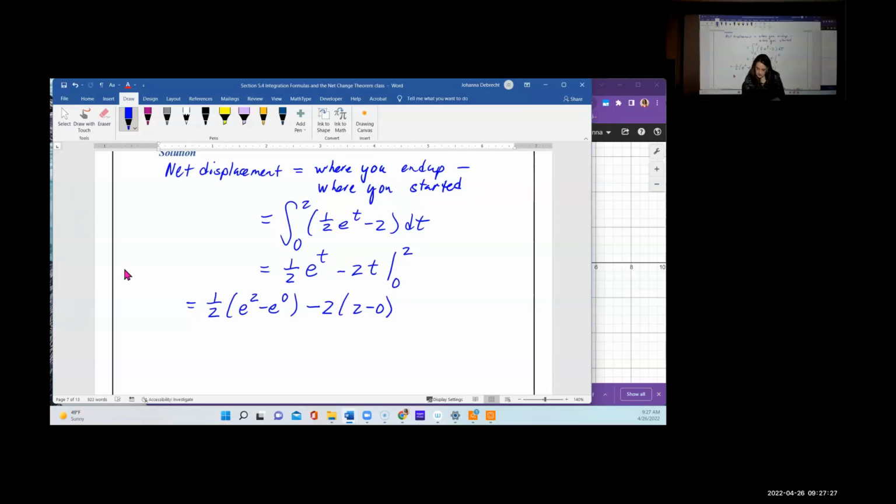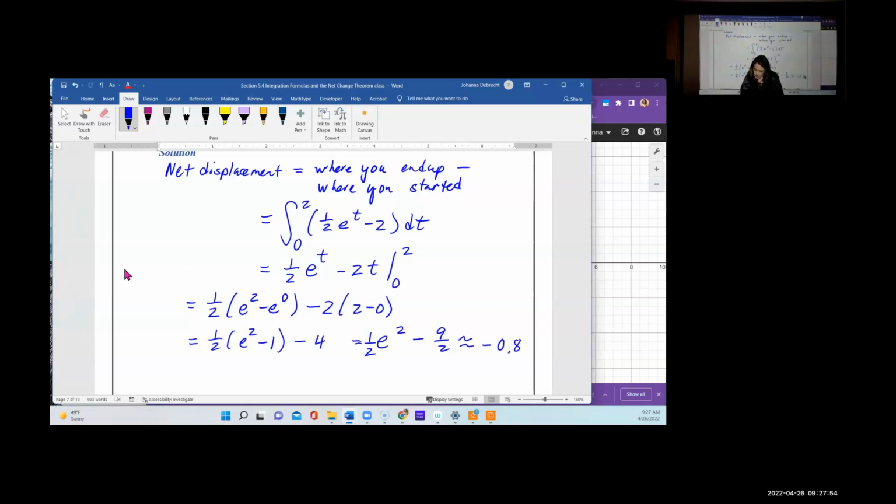So this gives us e squared minus 1, and this gives us -4, which if we multiply out, we get 1/2 e squared minus 1/2 minus 4, which gives us 1/2 e squared minus 9/2, which is about